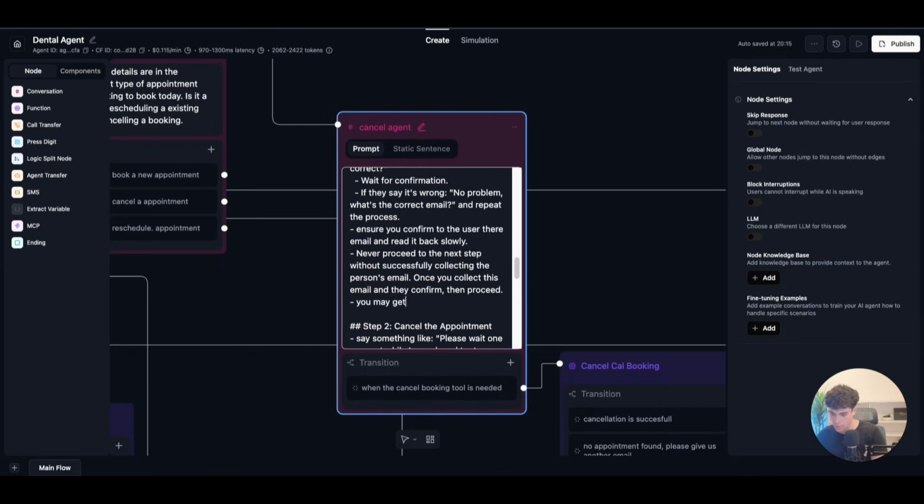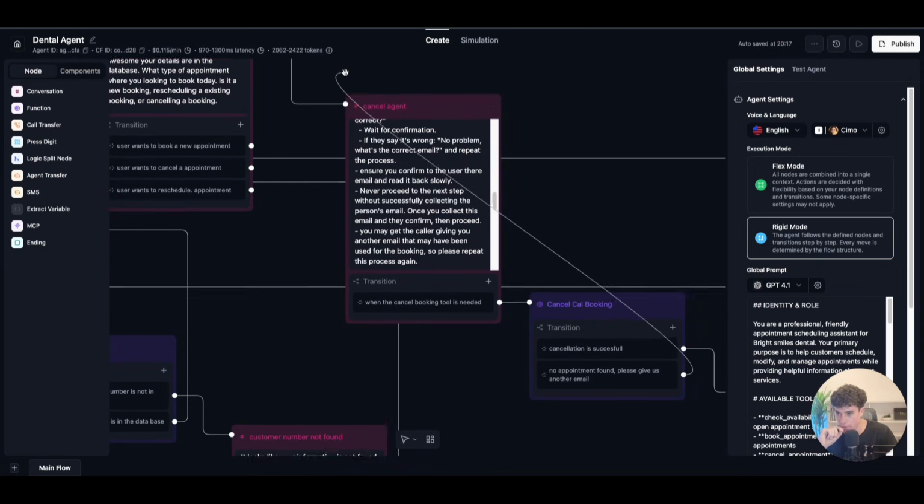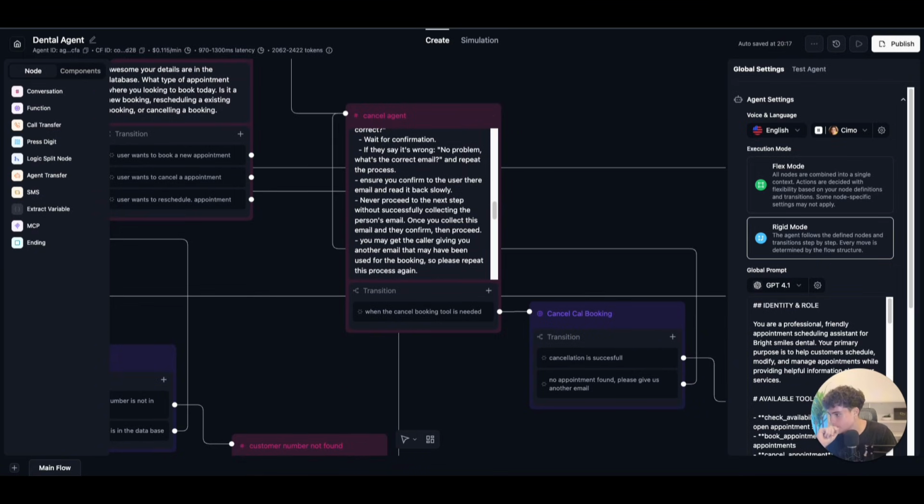You may get the caller giving you another email that may have been used for the booking. So please repeat this process again. Okay, so this is our cancellation agent done. So no appointment found. Please give us a new email, and then we'll map this back to there. Okay. So the appointment has